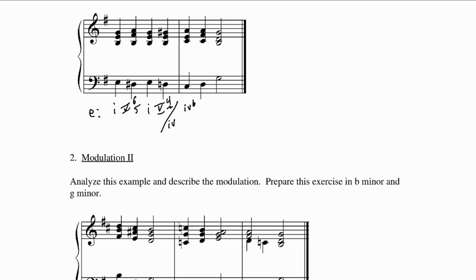But then we find that this cadence is in the key of G major. We find a 5, 1 here and here in G major. The phrase is definitely ending in the key of G major. So a modulation is taking place in this progression. Again, we did this in class, so I won't spend too much time on it. And then to remind you the steps,